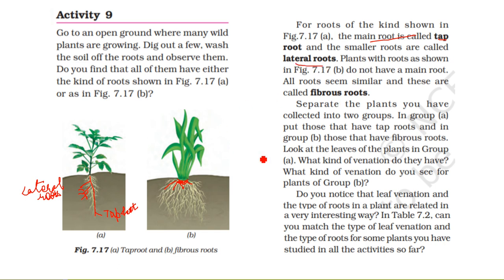Plants with roots as shown in figure B do not have a main root. All roots seem similar and they are called fibrous roots. Okay, now on the basis of this, I would like to tell you the relationship between the taproot and the fibrous root